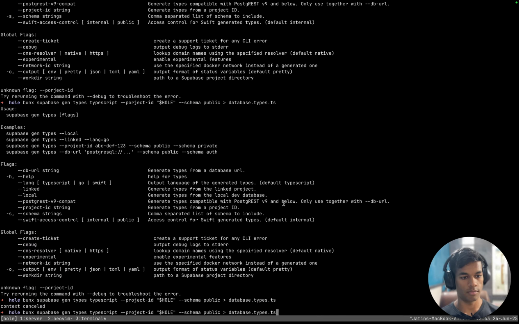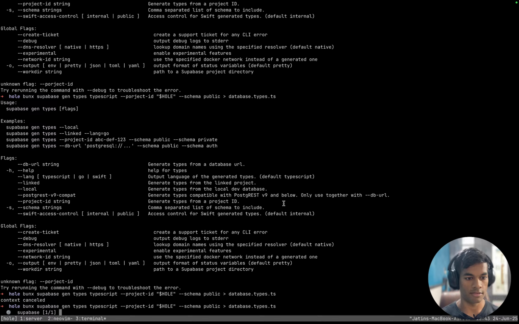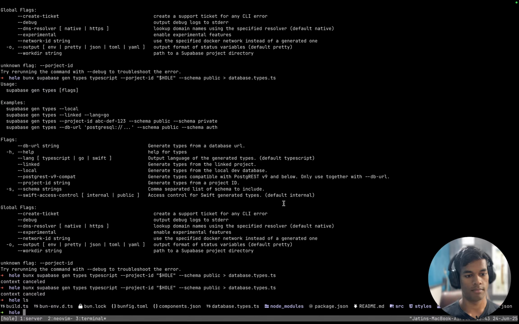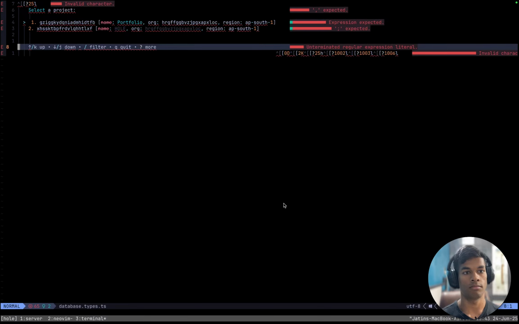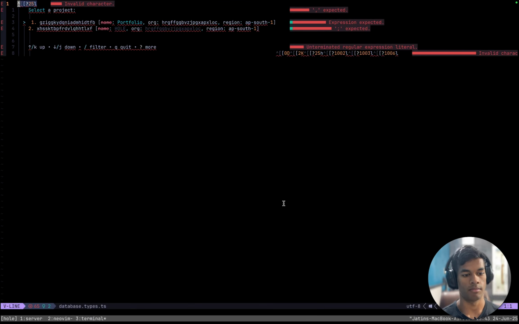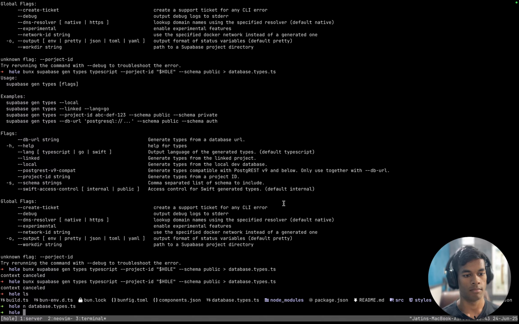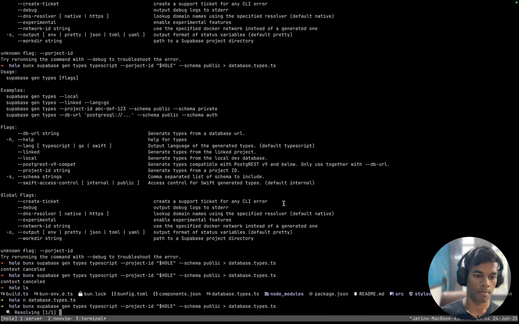This is still going. Context cancelled. supabase run, and in database.types. Okay, there is something now, but everything is wrong. Resolving. I guess I have to wait it out.